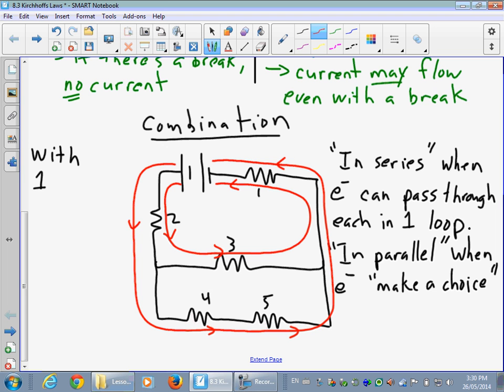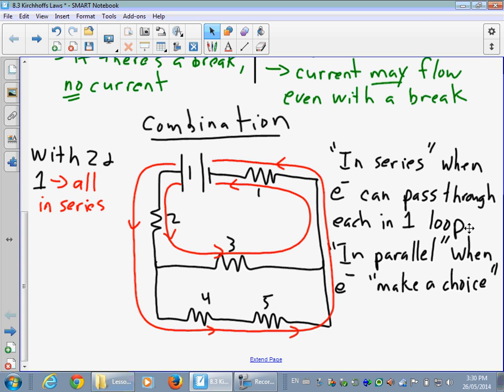So in 1, all the resistors are said to be connected in series with number 1. And the same thing for number 2. But let's look at number 3. If we have resistor number 3 right here, for that first loop, the electrons will pass through 2 and 1. So it's in series